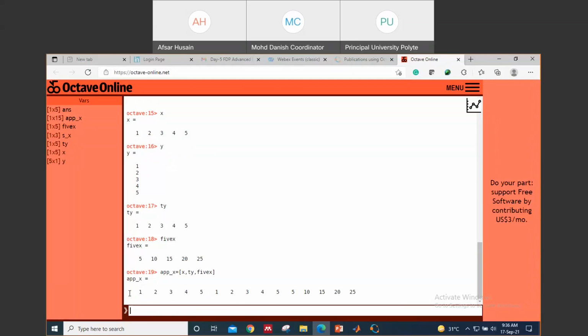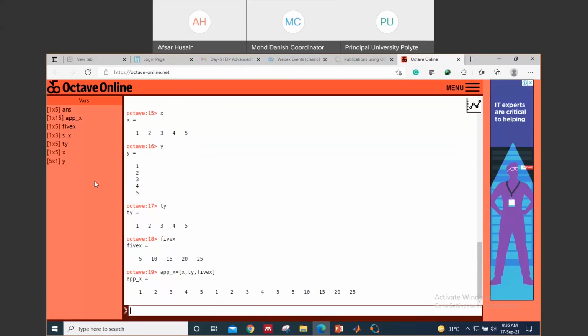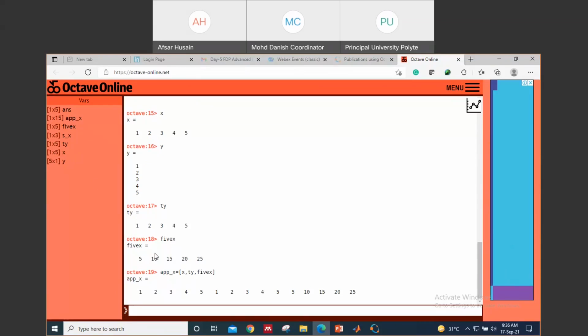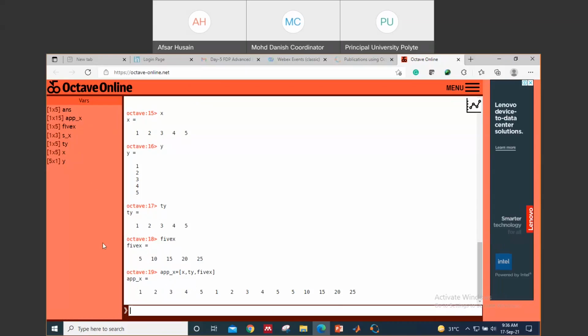Now my other variable, defined as append x, means I appended x composed of three row vectors. So the first 5 elements of this vector, then 5 elements of ty, and then 5 elements of 5x. Similarly, you can perform it on column vectors also,